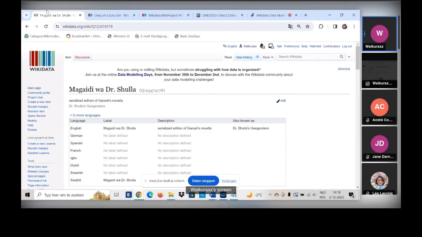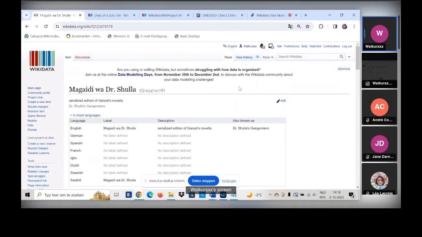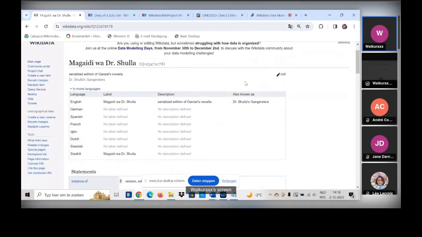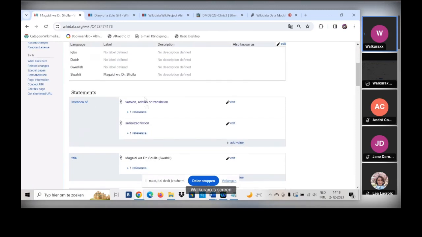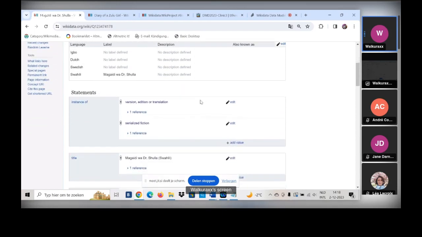So the first example you see is a serialized edition of a Swahili novel written by Mina Gansel, and this novel has been published in installments in a Kenyan newspaper, Taifa Leo. So for me, you see, I've chosen an instance of version, edition, or translation to describe this work of serialized fiction,